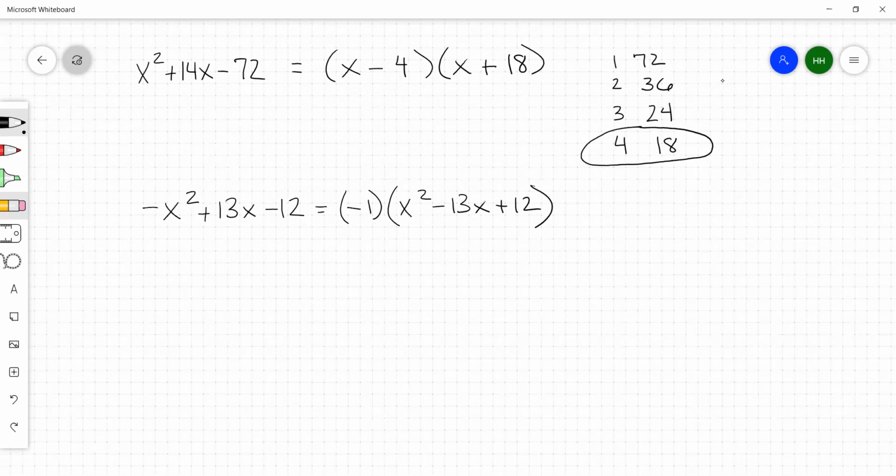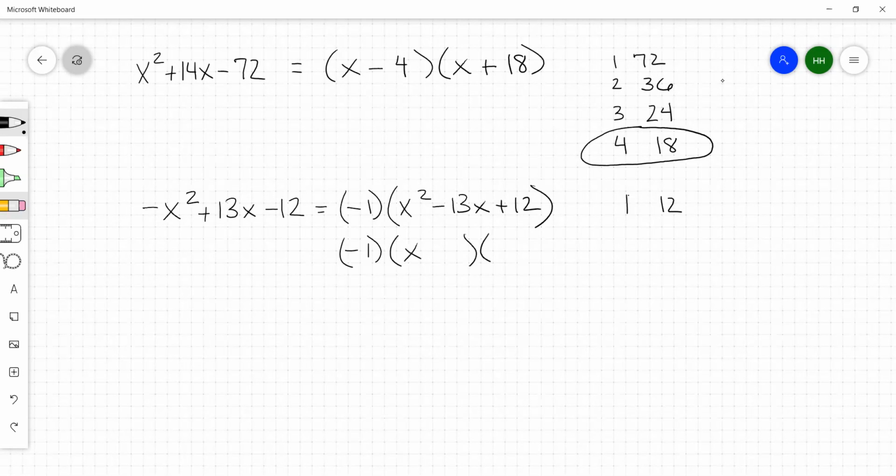And now we're going to factor what's in parentheses on the right, just like we did the other trinomials. So we're going to list the factors of 1 and 12 that can add to 13. The factors of 1 and 12 are 1 and 12, and you can stop, because with a 1 and a 12, you can get to a 13. So we take -1